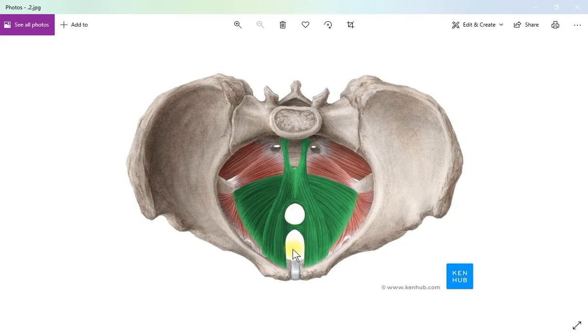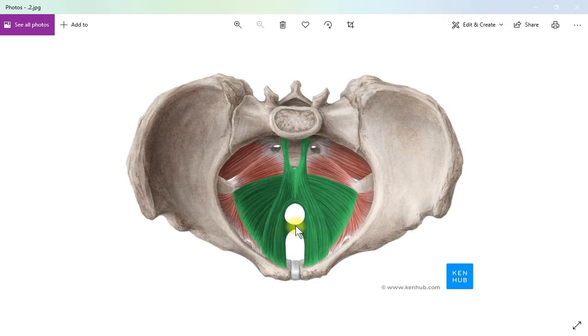If in males, then this pubococcygeus part wraps around the prostate, and it also forms the levator prostatae. And if the vagina is present, then it also covers the vagina, and it is called the sphincter vaginae. So the pubococcygeus connects the fibers from the pubis to the coccyx, and some part wraps around the vagina or the prostate, and here the perineal body will be present.